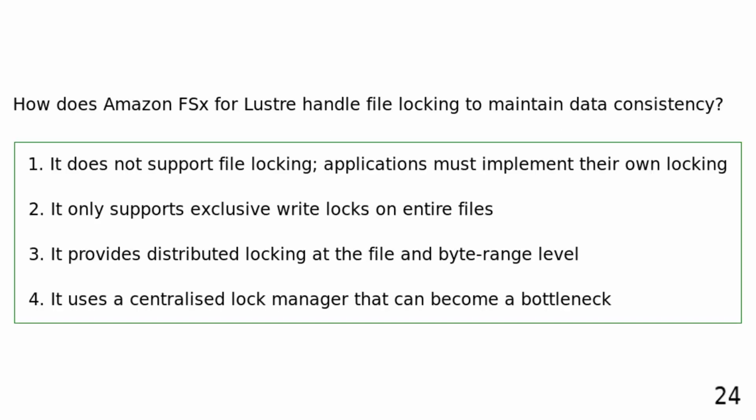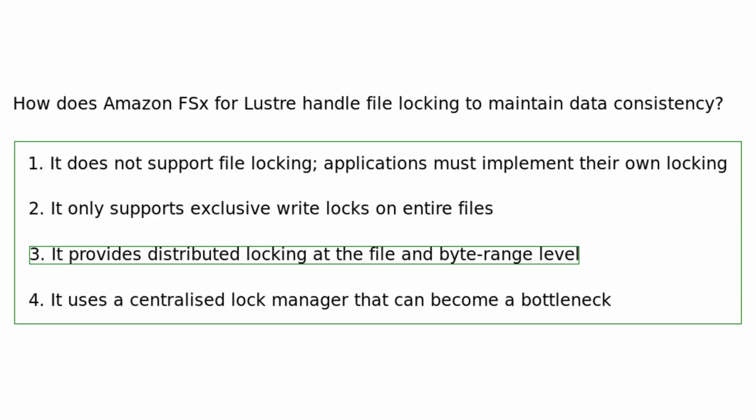How does Amazon FSx for Lustre handle file locking to maintain data consistency? It does not support file locking. Applications must implement their own locking. It only supports exclusive write locks on entire files. It provides distributed locking at the file and byte range level. It uses a centralized lock manager that can become a bottleneck. FSx for Lustre provides distributed locking at both the file and byte range level, ensuring data consistency while allowing concurrent